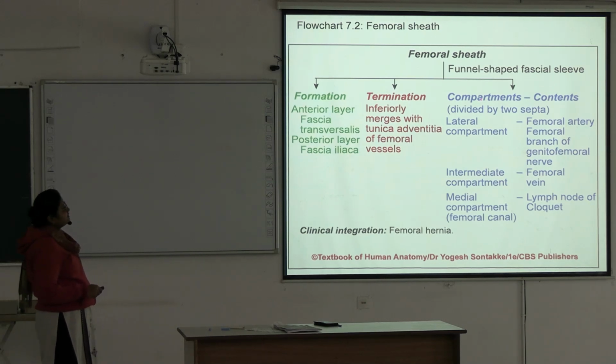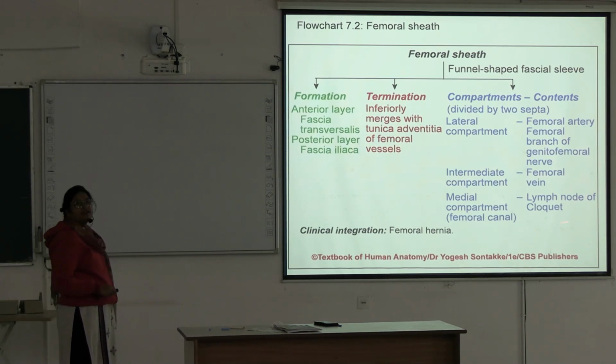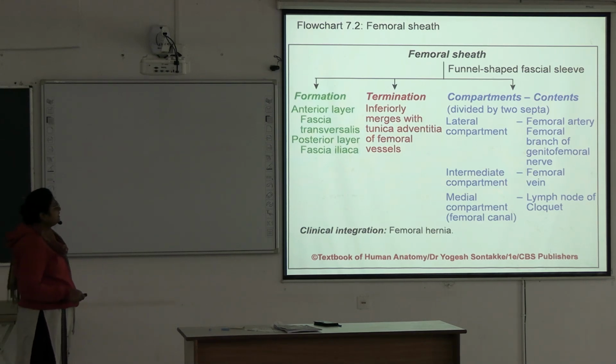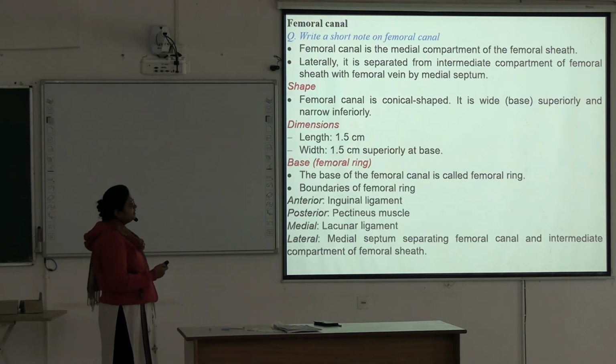And compartments with contents: divided by 2 septa into 3 compartments. Lateral compartment contains the femoral artery and femoral branch of genitofemoral nerve. Intermediate compartment contains femoral vein. Medial compartment, also known as femoral canal, contains lymph node of Cloquet and Rosenmuller. Okay, and femoral hernia occurs through this femoral canal. Next,